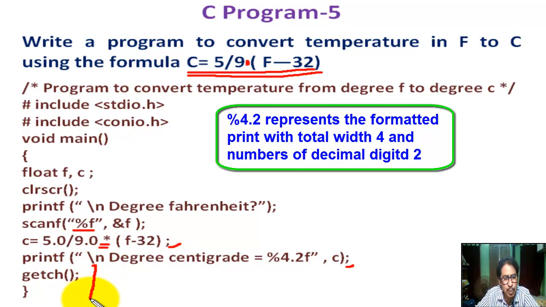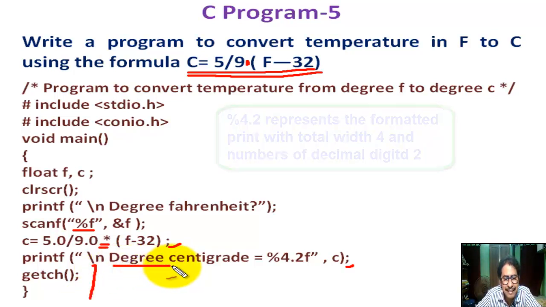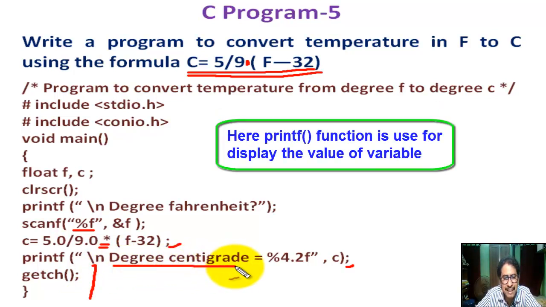This slash n means create a new line. Okay, no matter. First this message is displayed, up to this. Next, this is the format string percentage 4.2f.